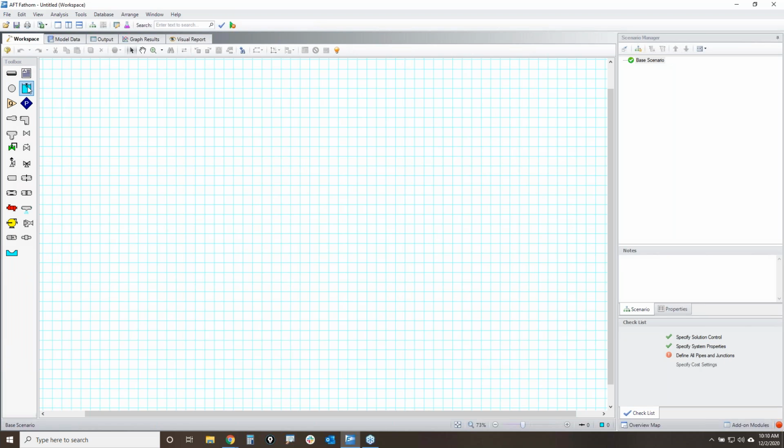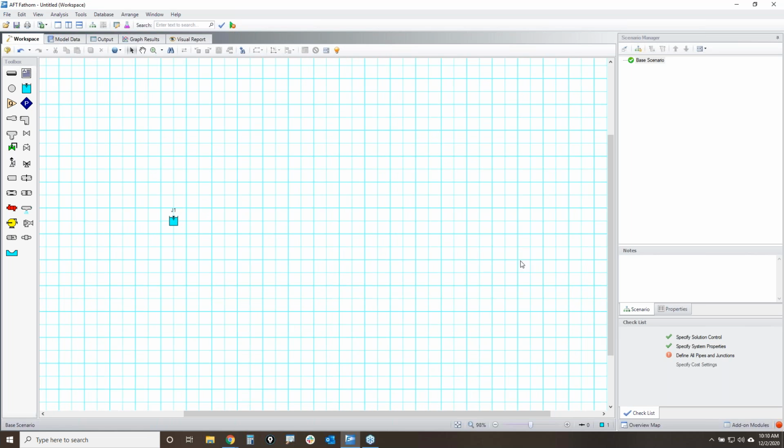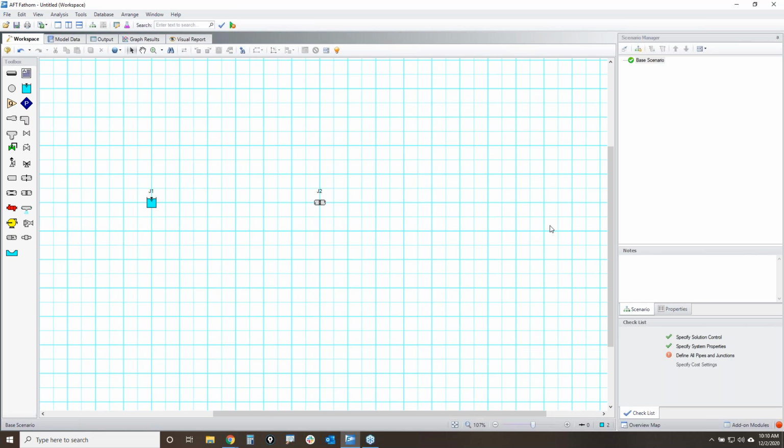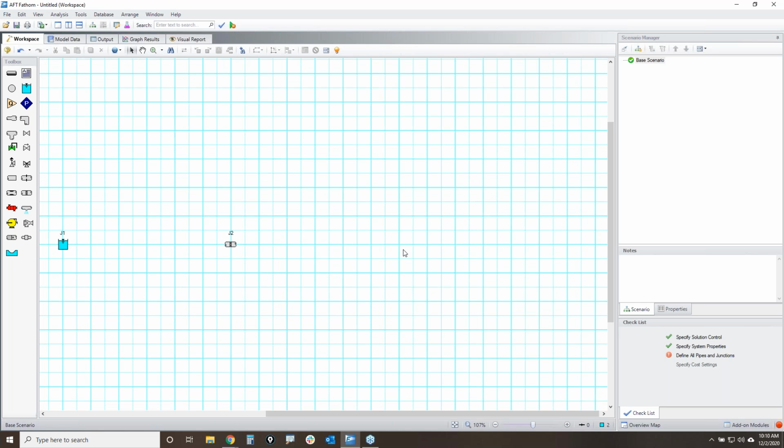I'm going to drag and drop starting with a reservoir junction. That's going to set up my supply boundary pressure, and I'm going to put it right there. Next, I'm going to use this screen to model a filter, and so I was just counting the squares so that I can put them nice and far apart from each other. Followed by that, I've got my pump,